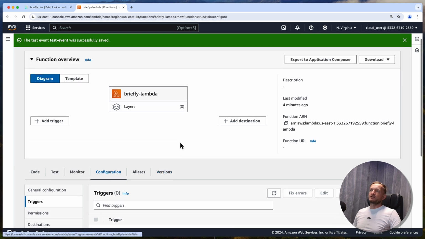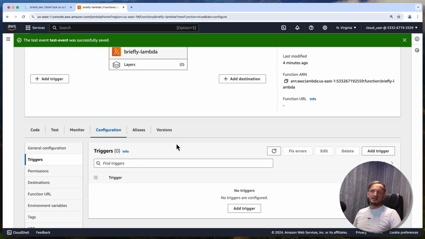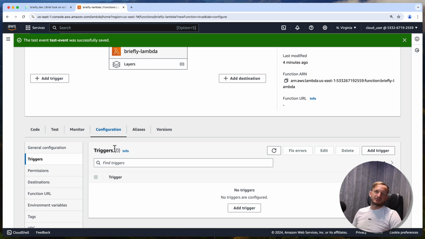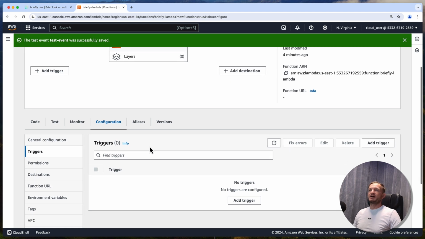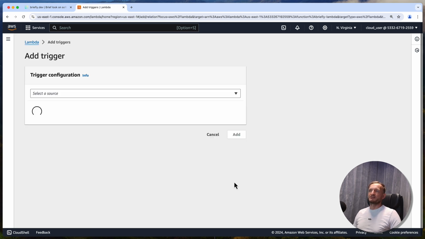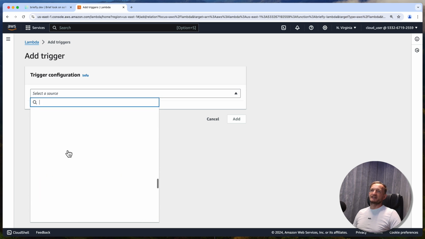Triggers, another great thing about Lambda. So Lambda can be triggered with multiple AWS services. I think it's around 200 different ones. So we can react to some data being stored in, let's say, DynamoDB. We can react to objects being put in S3. We can react to some SNS notifications, SQS messages queue. We can invoke it from HTTP, which we'll see later, from API gateway, and all other stuff. So it would be just a matter of adding a trigger and selecting a source from a very big list